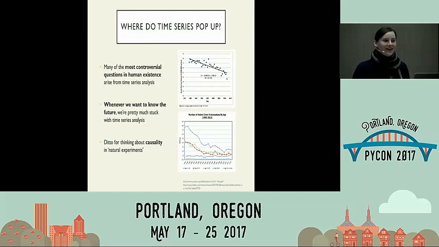Is it really going down? Are we fitting the time series properly? Below that, I've got a plot about whether crime is going down over time. Is it going down, or is that just a blip? These are questions that actually drive how our society functions, how we allocate resources, whether we call ourselves Democrats or Republicans, partly, is what you think about these time series. So these things are everywhere.